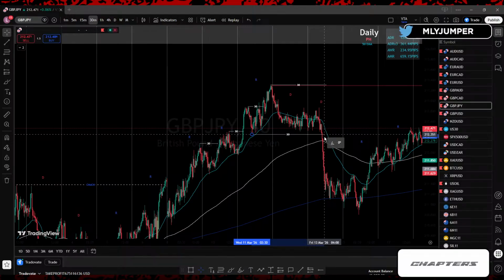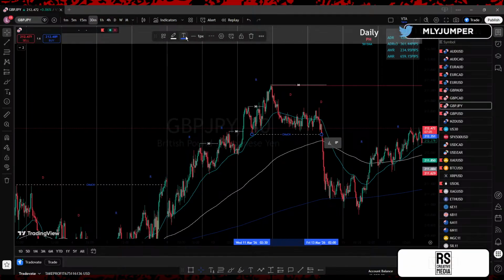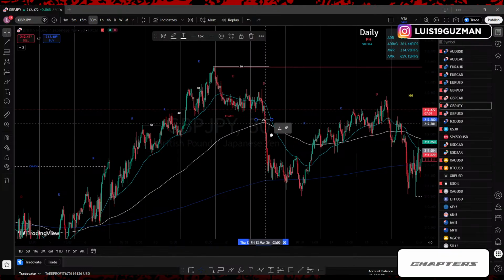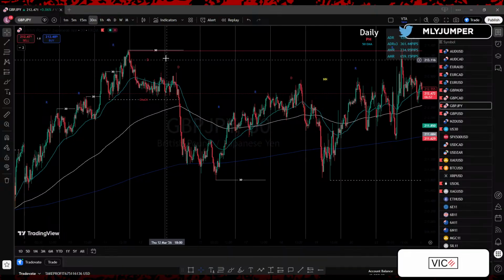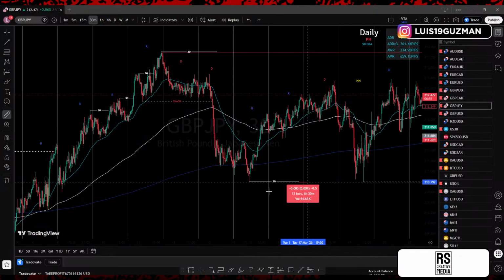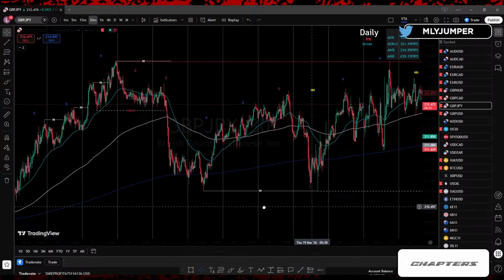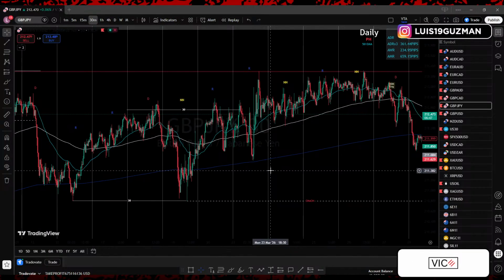Then it gave you a lower low, change of character. So same thing. Now you change this to a change of character, change this to red, and now you know you're trading between these lows and these highs. Then price gave you that wick here at the bottom. This wick gave you these highs.